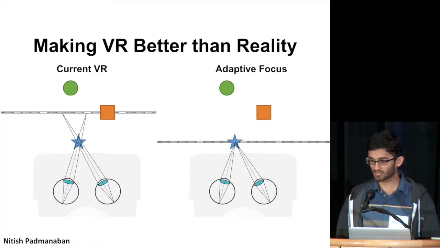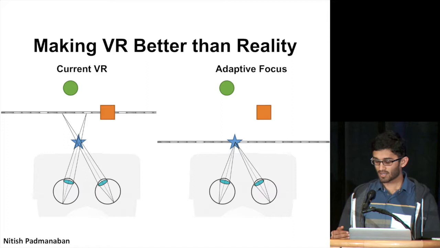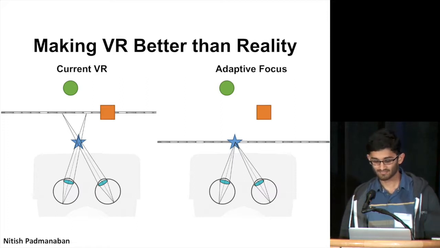And in the real world, these are linked together, but in virtual reality, what happens is that you are forced to focus to one specific plane, and this leads to eye strain and headaches over time. And so we're working on adaptive focus displays that can recouple these two cues and both reduce these conflicting issues, and for some users, especially older ones, actually make virtual reality in a way better than reality.